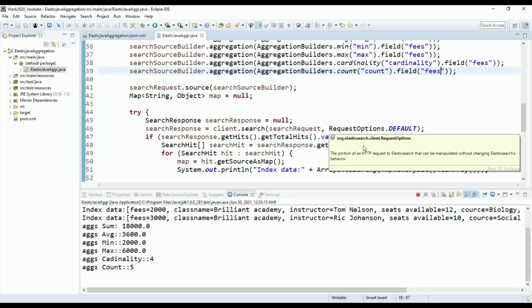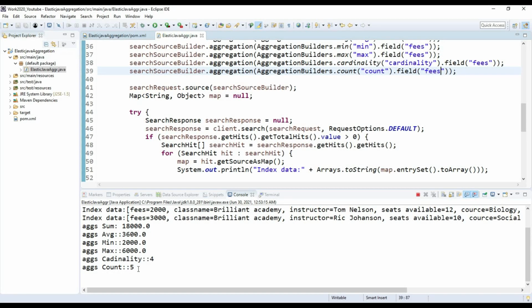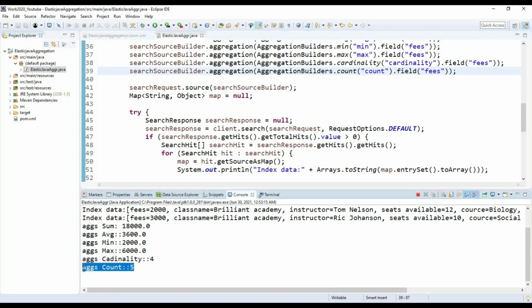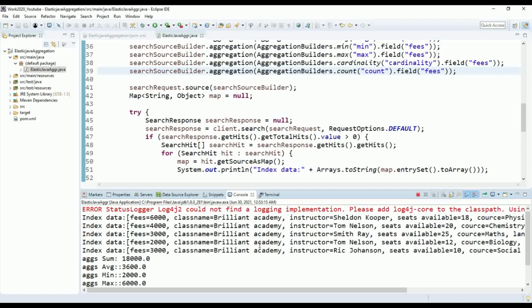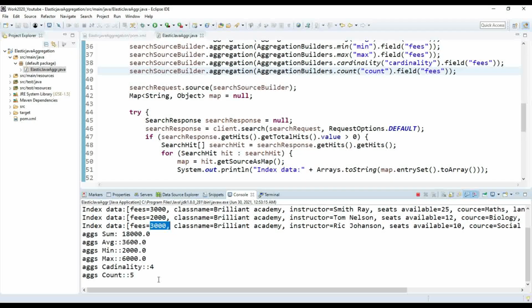You can see our aggregation count is 5, but cardinality is 4. Why is this so? Because one value is a duplicate for one course, so cardinality counts the unique records, and count counts the overall records.